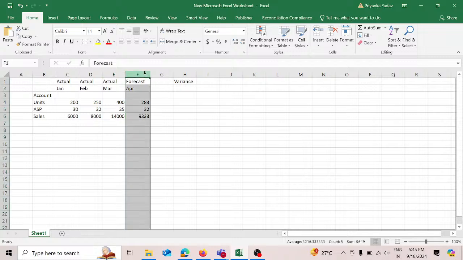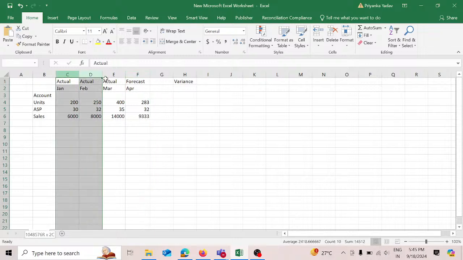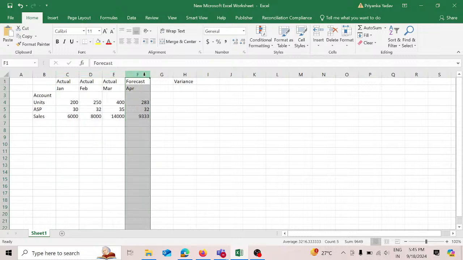Now actually this is what we are forecasting for the month of April. We have actual data for 3 months, we have done the sales, and now we want to forecast on the basis of these last 3 months sales. We want to forecast sales for April. Here we are going to use these drivers,